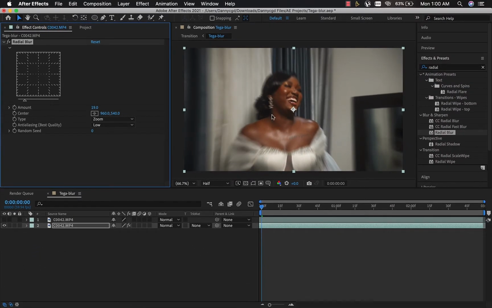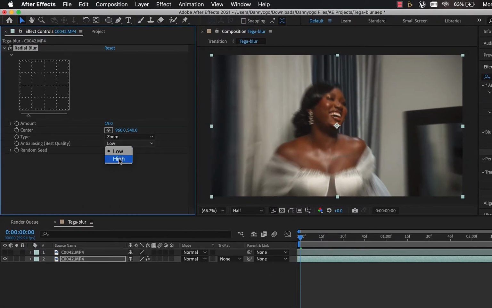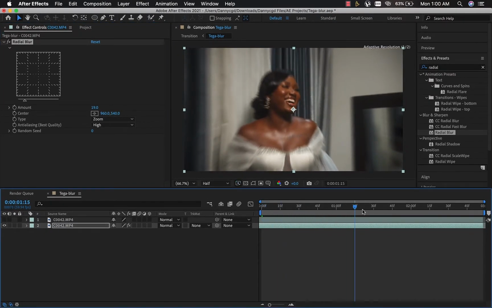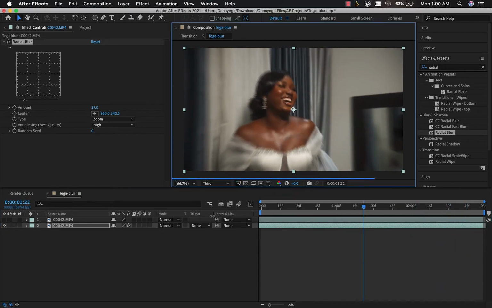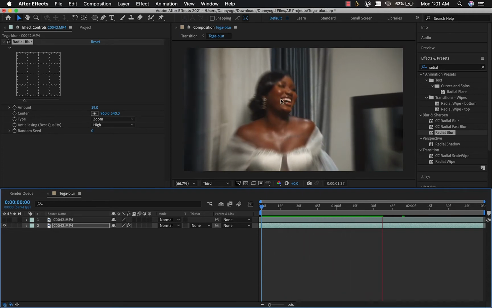I'm going to change the amount to 19, so you can see the zoom effect around the edges of the video. I'm going to change the best quality to high. So let's have a preview here of the video. There's one thing I'm noticing: the center of where the blur is coming from is actually on the face of